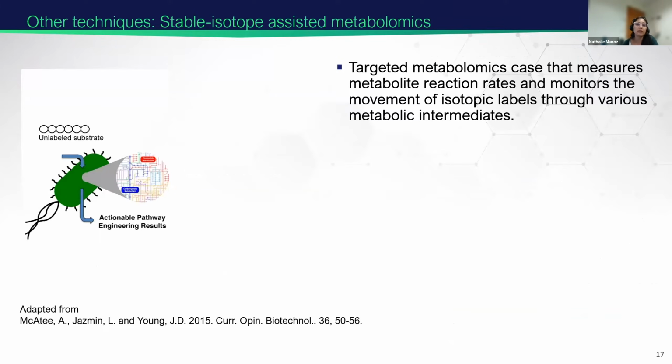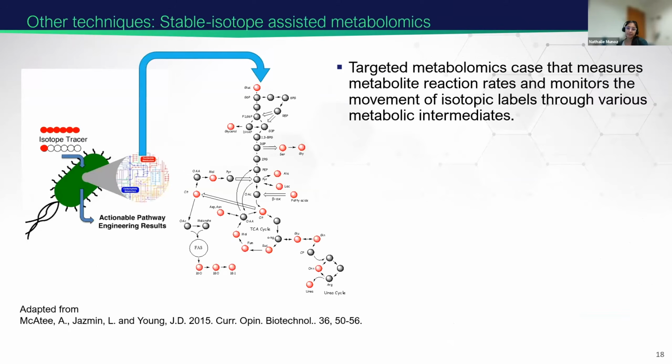Other techniques that we can use are stable isotope assisted metabolomics. In this one, we use heavy isotope labeled tracers like 13C, 15N, 18O to support the studies of biochemical mechanisms. And by measuring the incorporation of the label, in this case, glucose labeled in 6 carbons or in carbon 1, into the metabolites that are produced downstream of the tracer,